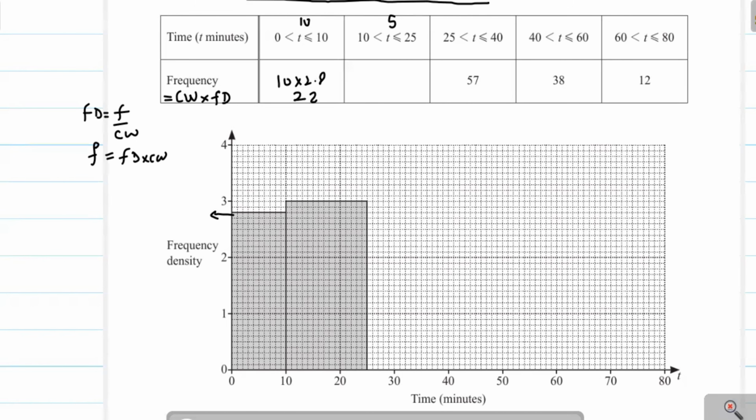This is 28. And next is the frequency for the next class width. You see here, this is 25 minus 10, which is 15. Sorry, the class width is 15. We multiply 15 by the frequency density, which is 3, and that equals 45. Next is the